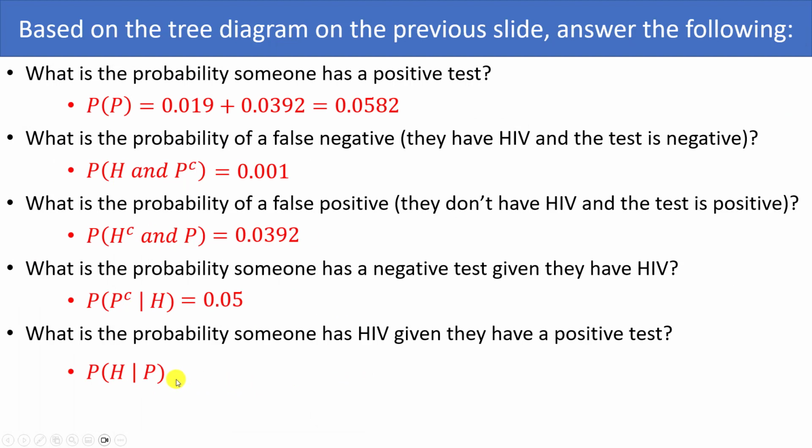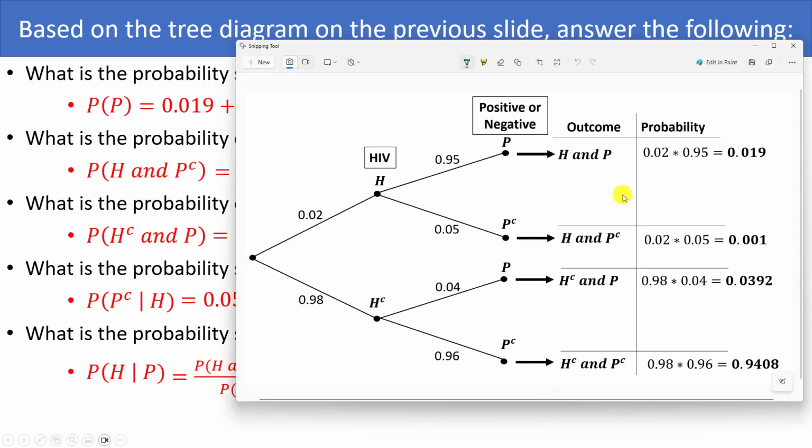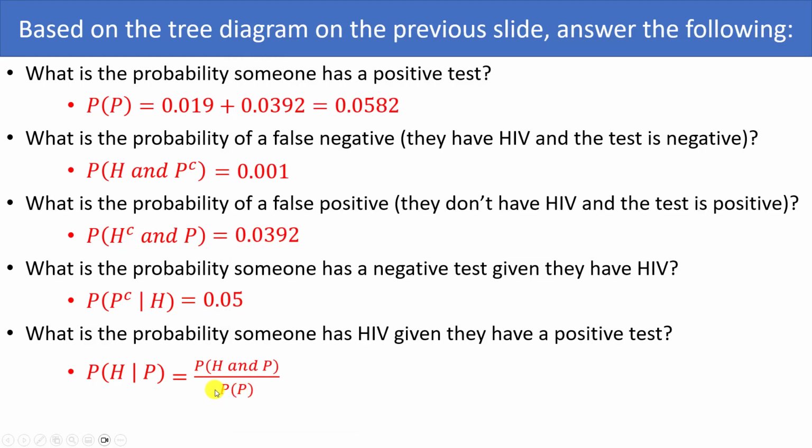Well, you're going to have to use the formula. So the formula for conditional probabilities is change the given sign to an and, and that's going to be your numerator. So instead of H given P, we have H and P, and then you divide by the second outcome, which in this case is P, the probability of P. And then you see if you have all of those numbers, and indeed we do. H and P would be right from the tree, right? H and P is 0.019, and the probability of P is what we found in the very first question. So we can simply divide those two numbers, and we will get 0.3265. There's about a 32.65% chance that someone has HIV given that they have a positive test,